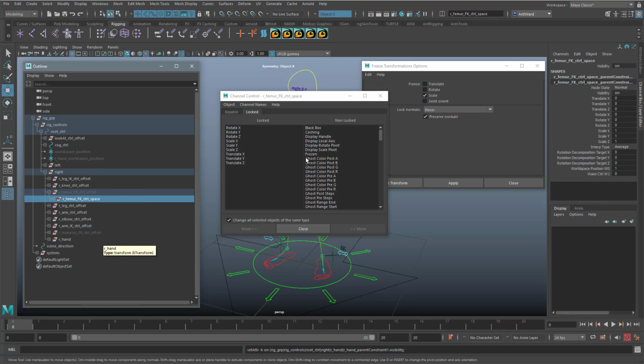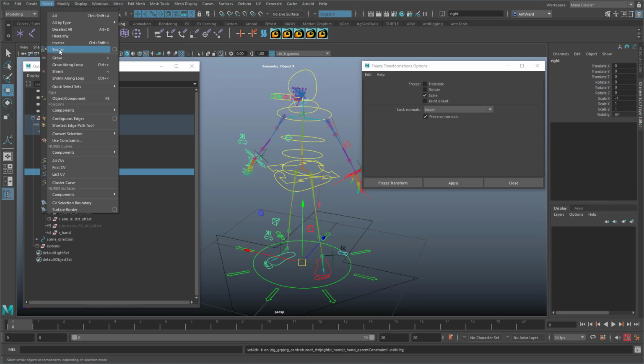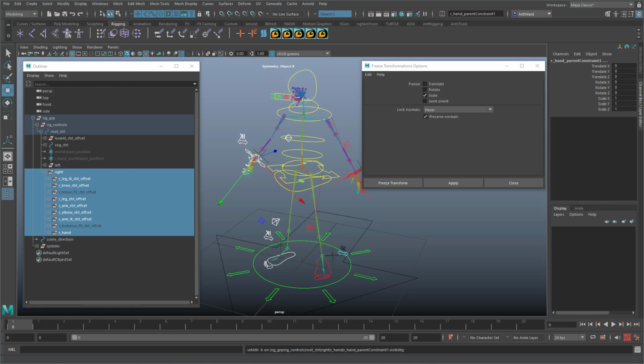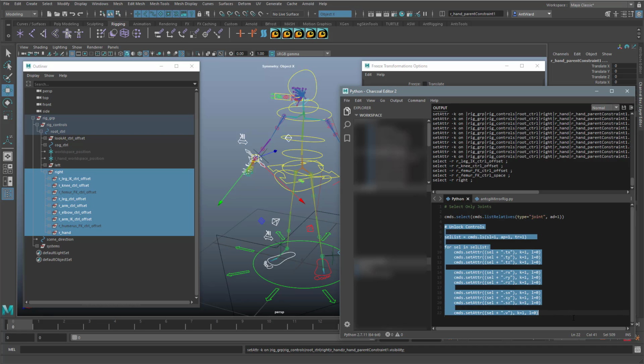There is an easier and quicker way to unlock everything, and again, it involves a bit of scripting. I'll just select the hierarchy again and open the script editor. You will notice I have another bit of script here. This will go through the selection and unlock it all for us. This is the main command,